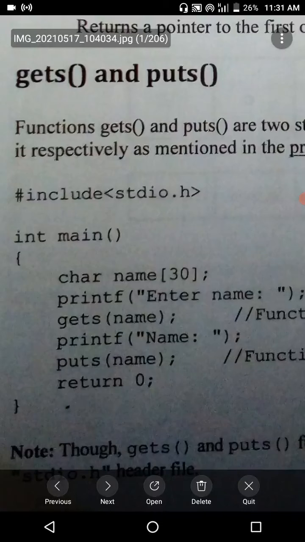So one thing to remember: gets and puts for strings, getchar and putchar for characters.